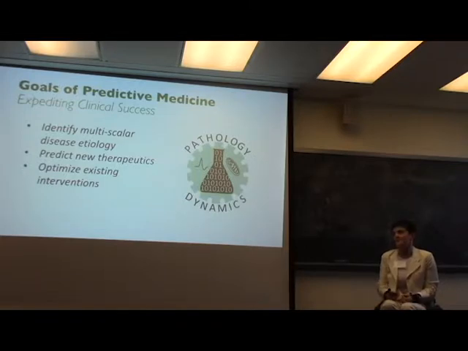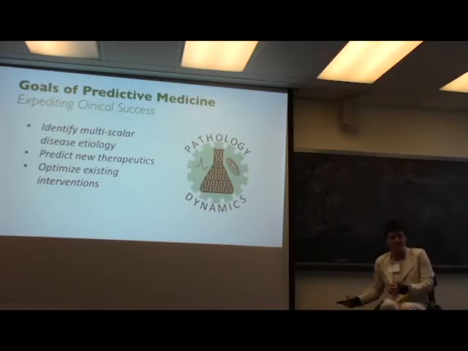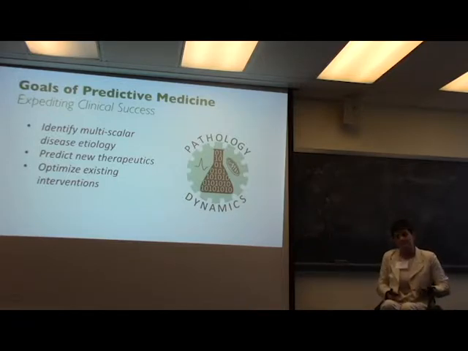And then also, let's not forget, we want to optimize existing interventions. One of my big beefs as a patient of a neurological disease is everybody's focused on making me walk. I would love to be able to walk. That would be awesome. But in the meantime, there's a lot of things that can be done to make my life better while we're waiting for that cure, right? So I feel like that for ALS patients. We may not be able to cure them, not for a year, 10 years, 20 years. I don't know how long it's going to take. But in the meantime, we can use predictive medicine to optimize the interventions that are available to make their quality of life better and to hopefully extend survival.